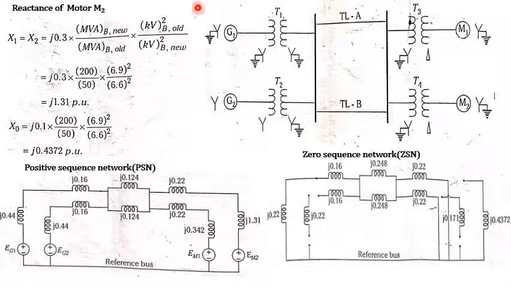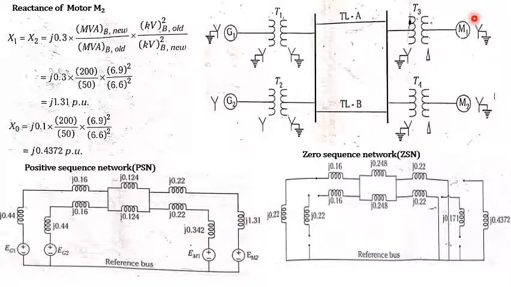Okay, look at this, generator G1 is star connected. This is the value we need to consider. Okay, this is for G1. Next we have transformer T1, both primary and secondary are star and grounded. This series switch gets closed. Again for transformer T3, you can consider the primary star grounded, so this side's series switch gets closed, and the secondary is delta. What will happen? We can look at this. This shunt switch gets closed.